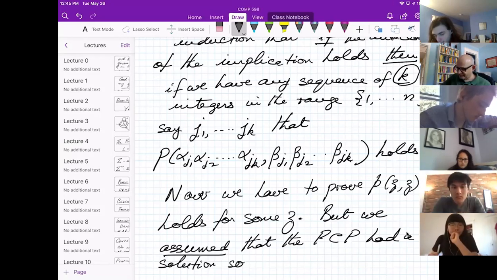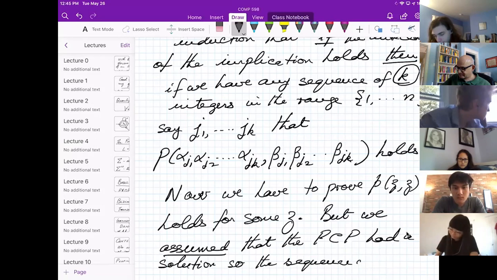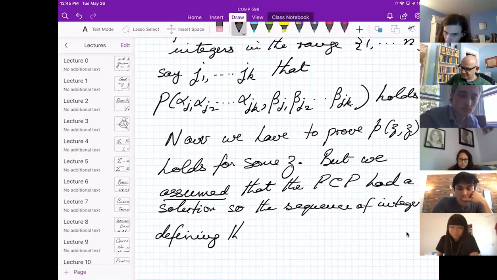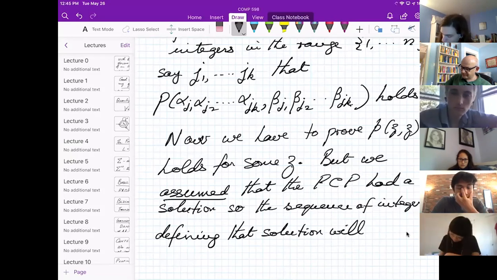So the sequence of integers defining that solution will produce the string Z on top and bottom.